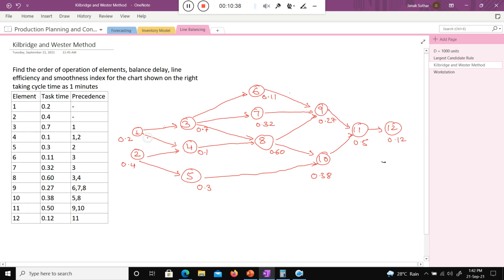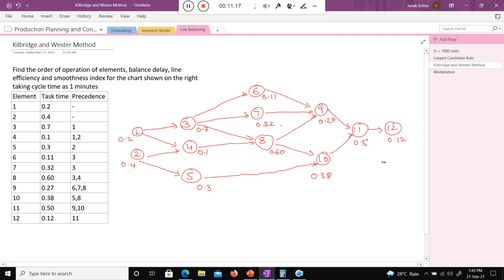Like here you can see 1 and 2 in one line, 3, 4, 5 are aligned, 6, 7, 8 are in proper alignment, 9, 10 are in one line, 11, 12. So you can easily divide your precedence diagram if you make the diagram like that. That is why I take care when drawing. Even if I write 7 here also, no issue, it will not impact. But when I need to divide this precedence diagram into smaller elements, that time it will create a problem. So that is why you need to apply this proper procedure.